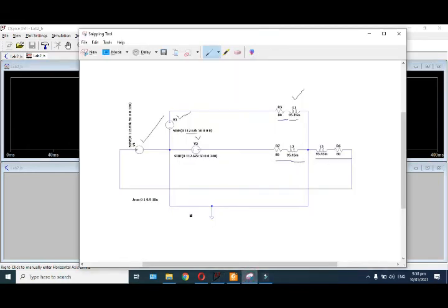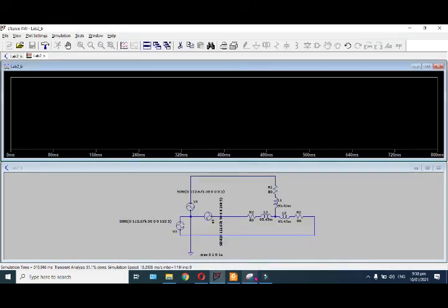This is the common fourth point, and the fourth point is grounded. When the simulation is completed, the results will be shown.